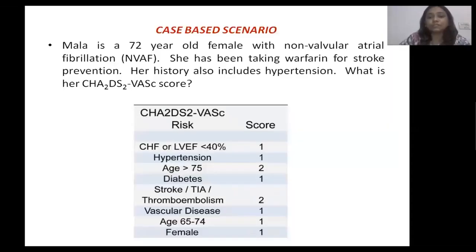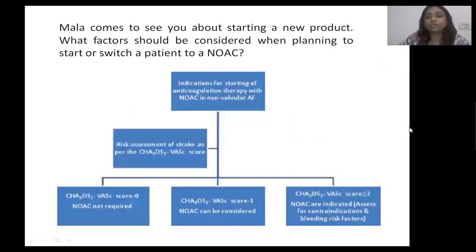Now, further discussion will be based on this case-based scenario of a 72-year-old female with non-valvular atrial fibrillation. She has been taking warfarin for stroke prevention. Her history includes hypertension. So, what is her CHA2DS2-VASc score? What is the CHA2DS2-VASc score? The ACC-AHA recommends this score for assessing the risk of stroke in patients with non-valvular atrial fibrillation. It has various factors in which scores are given, and the total score is counted at